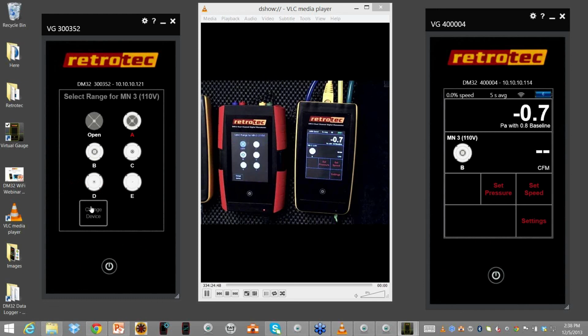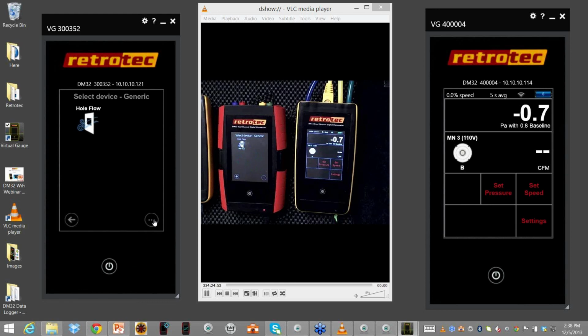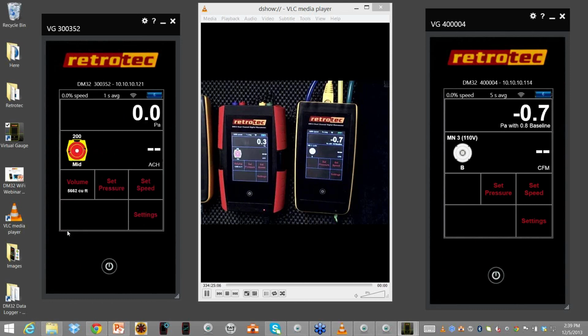I'm going to change this device to a Retrotec duct tester so we can see that we have different icons on the screens. Okay, so you saw the gauge change. I can also, again, interact with